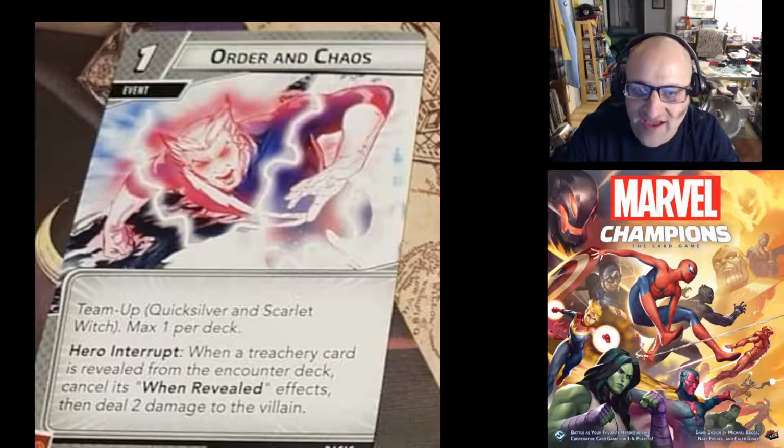And next up, we have Order and Chaos. It's a 1-cost event. It looks like it generates a physical resource when you discard it. Team up, so Quicksilver and Scarlet Witch, max 1 per deck. Hero Interrupt. When a Treachery card is revealed from the encounter deck, cancel its when reveal effects, then deal 2 damage to the villain. And you do need to have Scarlet Witch and Quicksilver in play to be able to